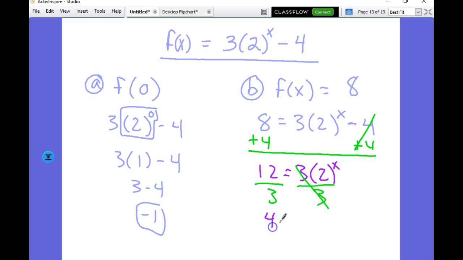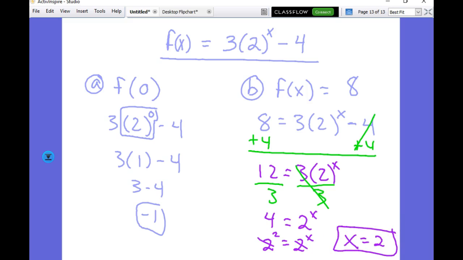All right, so we have 4 equals 2 to the x. And now doesn't that look like what we've been doing today? Right, so now we get the bases to match. What's the common base? 2. And so the answer is? All right, so